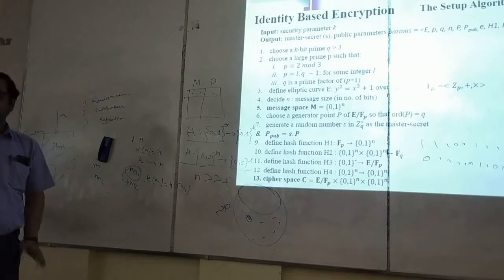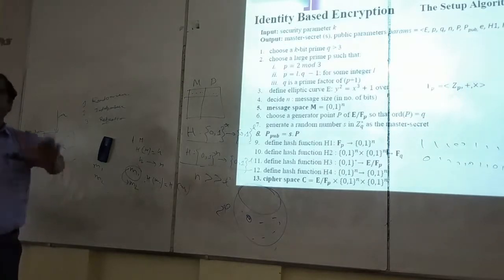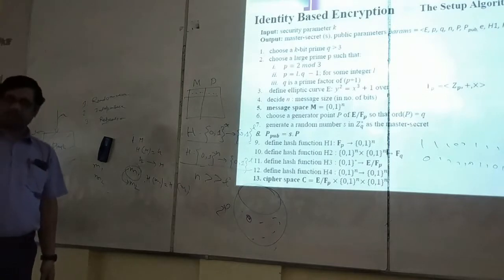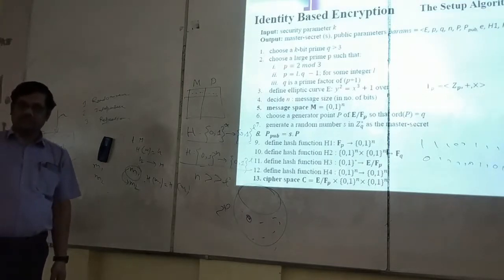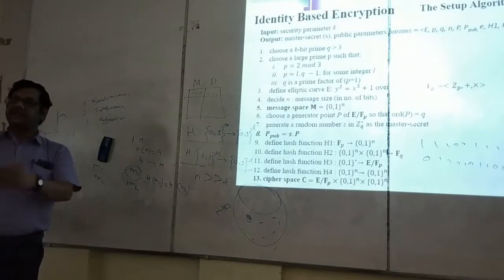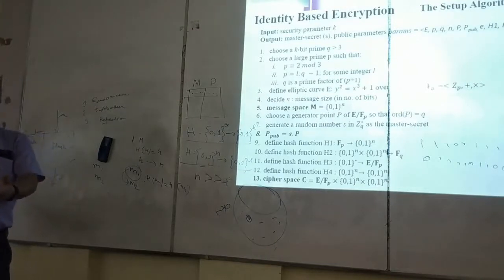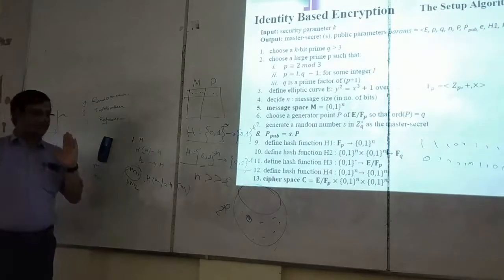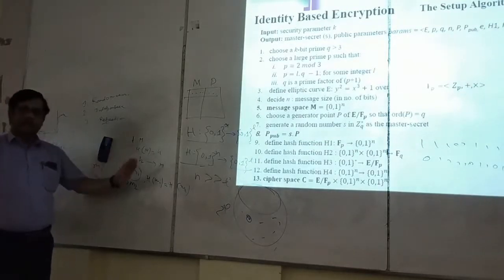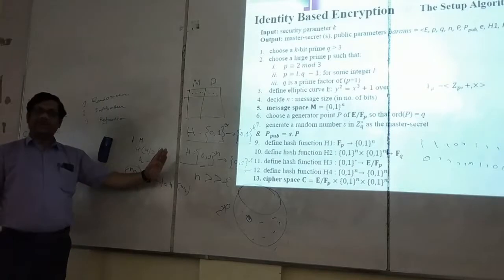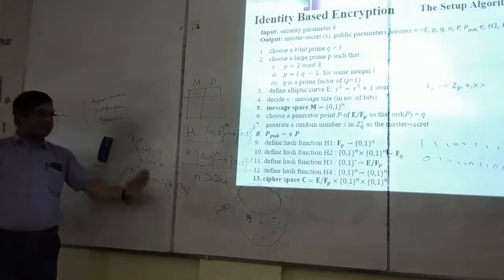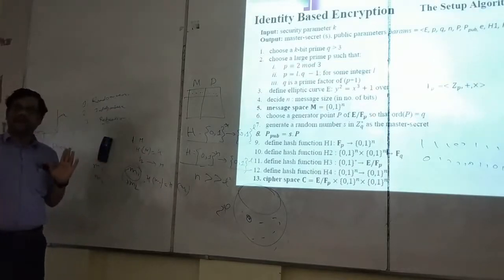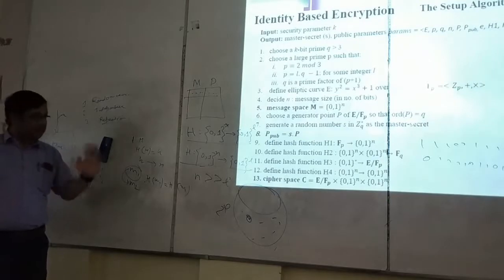High meaning it cannot be less than exponential time. Solving the pre-image given the output cannot be done in less than exponential time. So it has been proved that the function will be pre-image resistant, second pre-image resistant and collision resistant if these three properties are satisfied. Now what do we have to check?